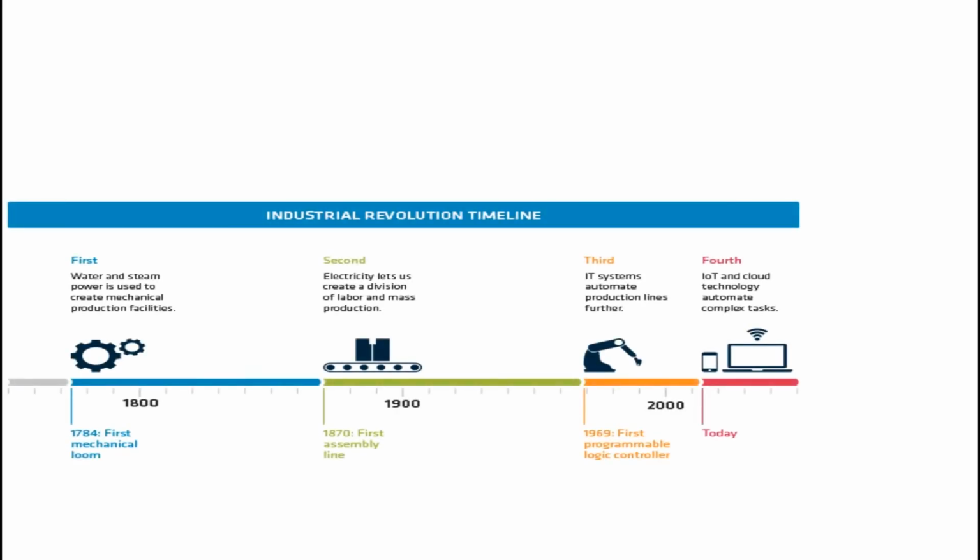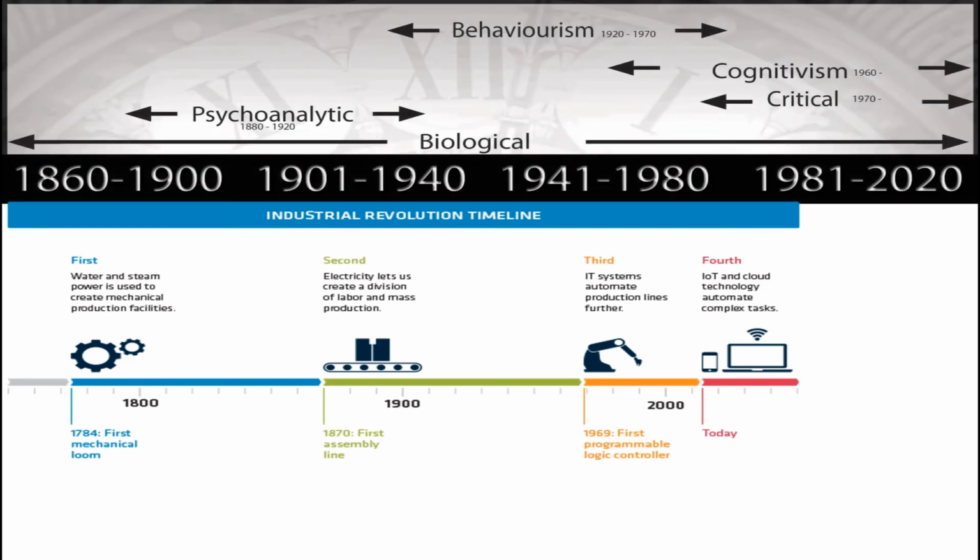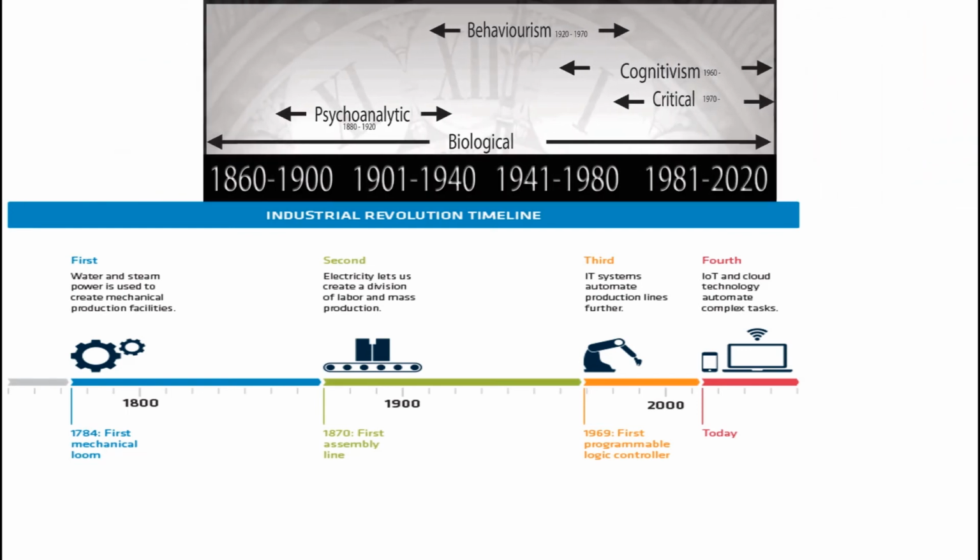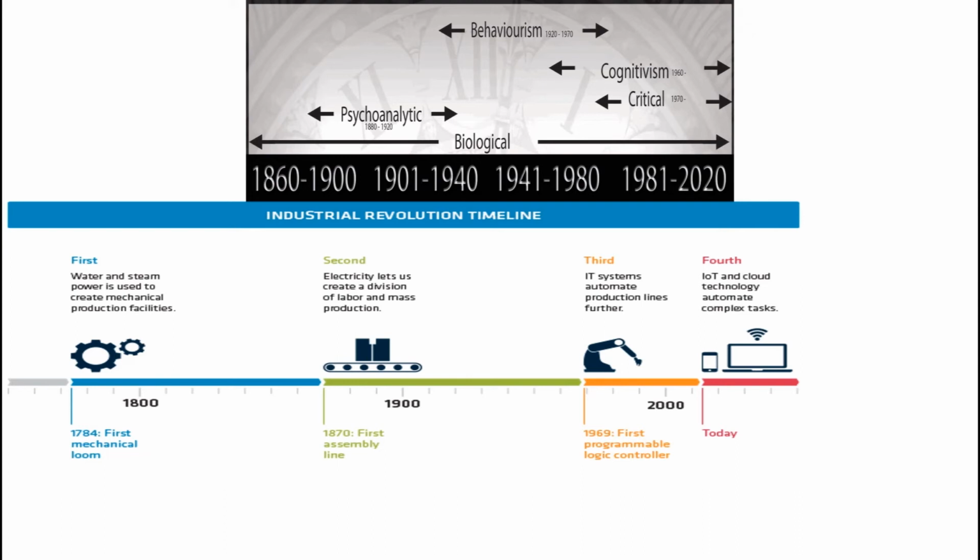Okay, so that gives you the first factories. That first Industrial Revolution. So let's have a look at those industrial revolutions. So this goes further back than the history of psychology or modern psychology. So what we have to do is scrunch up our little timeline there a little bit, just so that we fit it into these 4 industrial revolutions, the timeline for those.